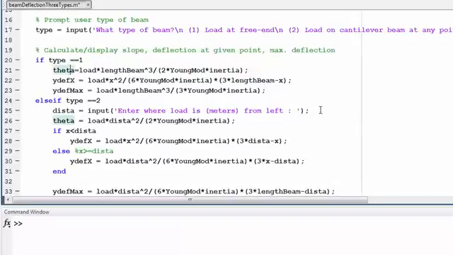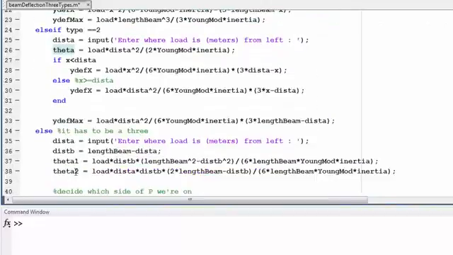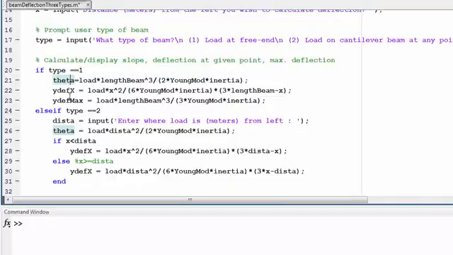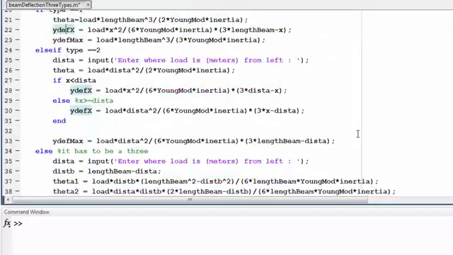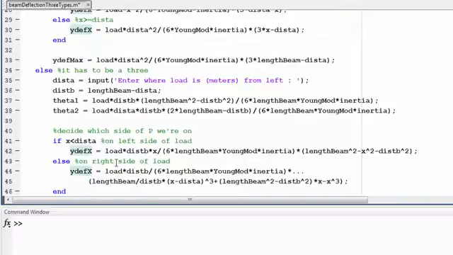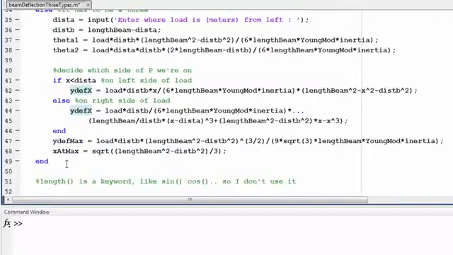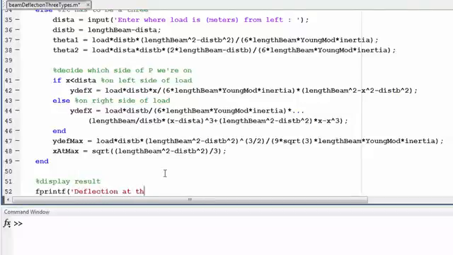Unfortunately, theta is only in type 1 and 2. Notice it doesn't appear in type 3, so this one we'll have to do separately. But how about this one? Well, type 1 it exists, type 2 it exists, and type 3 it exists. So regardless of what type, I will have to print it. Deflection at the x location is